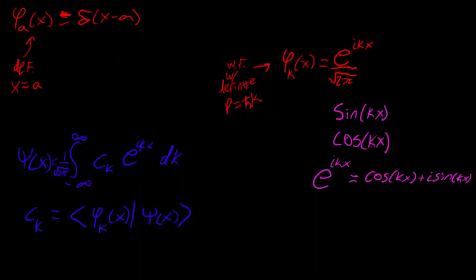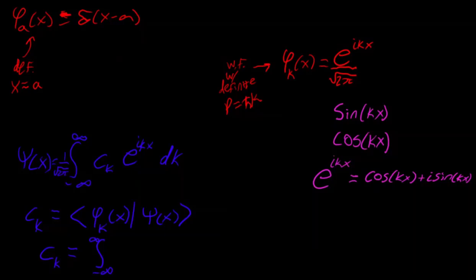And so we can express this as c sub k equals the integral from negative infinity to infinity. I'm going to leave space for our 1 over root 2 pi here, because we will eventually get back to it. And so this is phi sub k of x, but taking the complex conjugate,